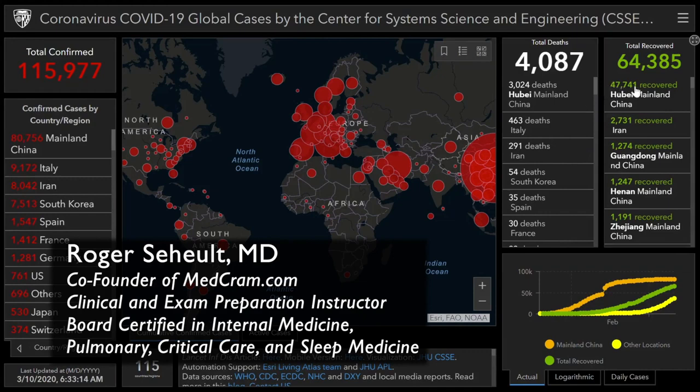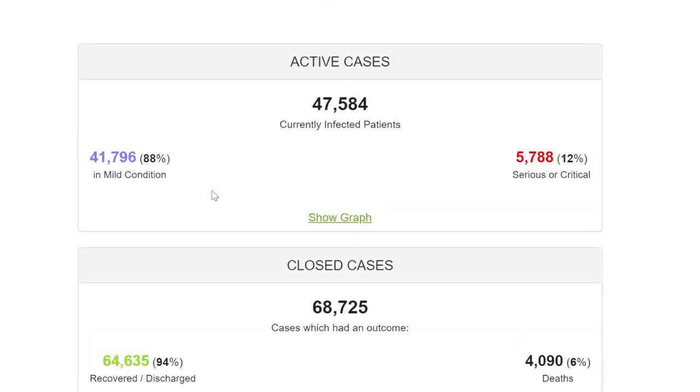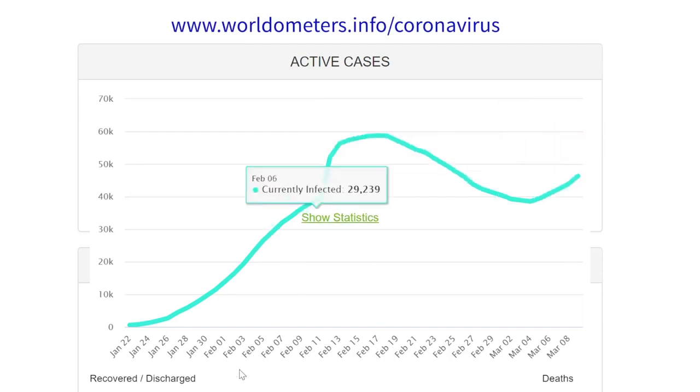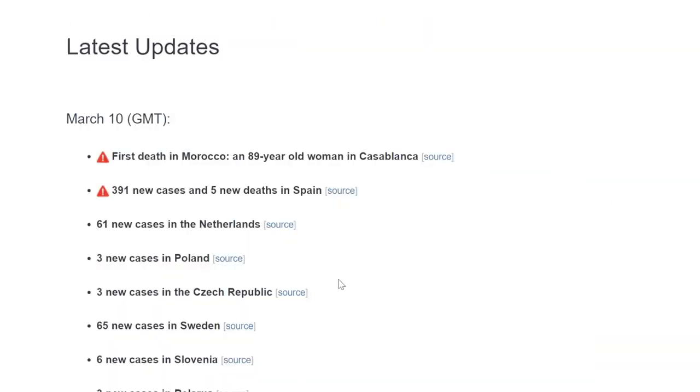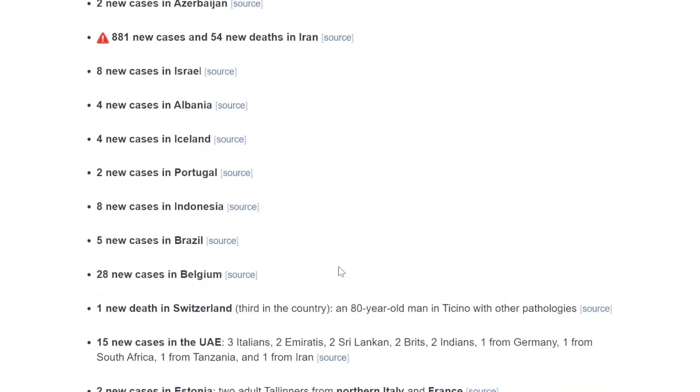We see here that the total recovered is 16 times that of the total deaths. And we can see here that the active cases are once again starting to come back up again. That's because of the activity outside of China. In terms of today, March 10th, we can see that there's a number of cases in multiple countries all over